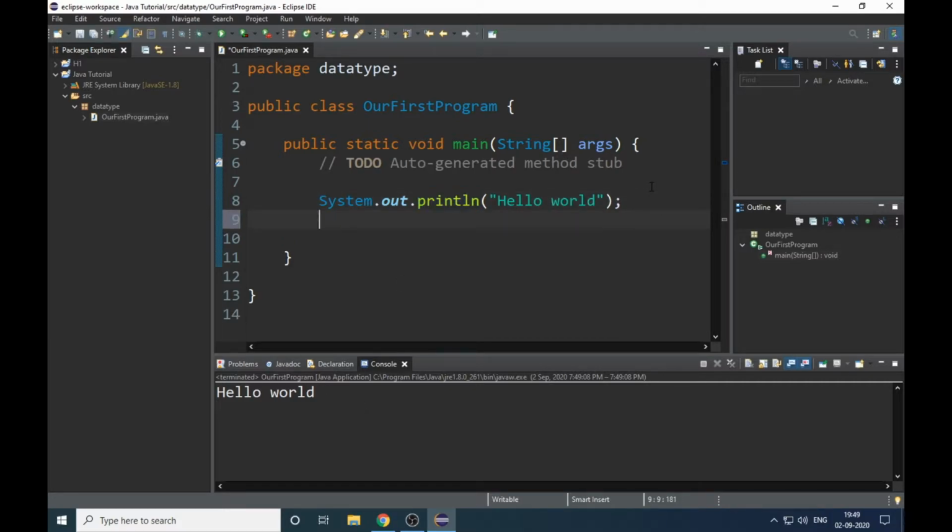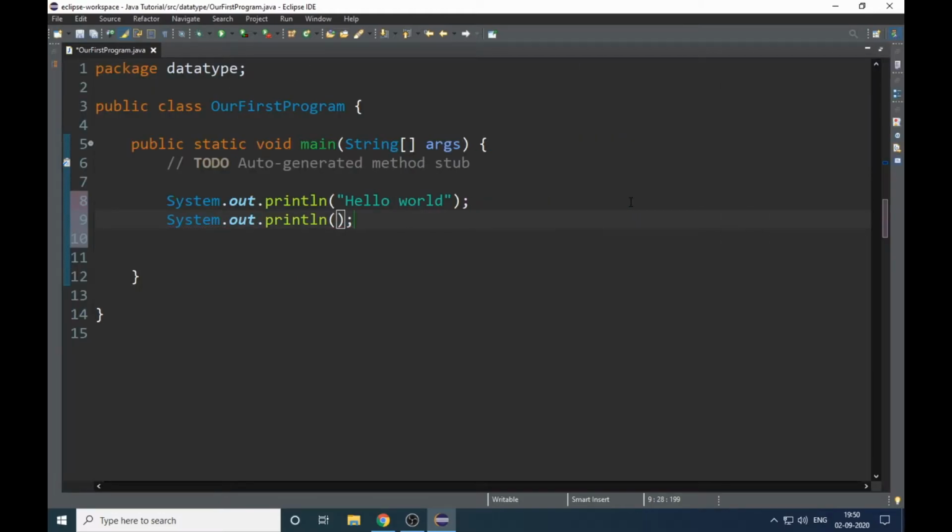I am giving you a shortcut. Instead of writing this whole code System.out.println, we can write a shortcut in Eclipse. It is applicable only in Eclipse, so remember that. We will write sysout, that's it, and press escape, then Control plus Space. All right, I'm doing it again: sysout and just Control plus Space.